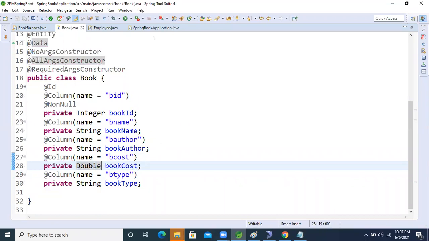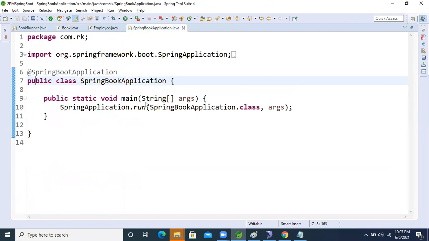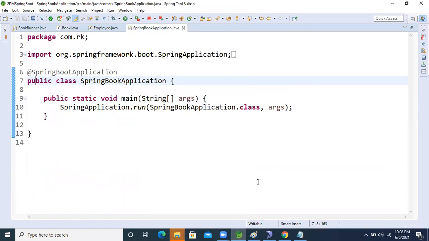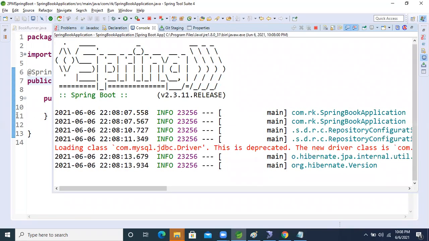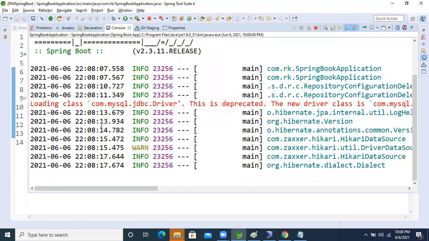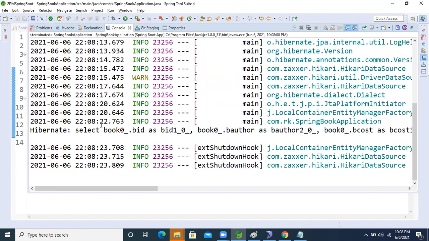So now let's run the application again. Right click, run as application.